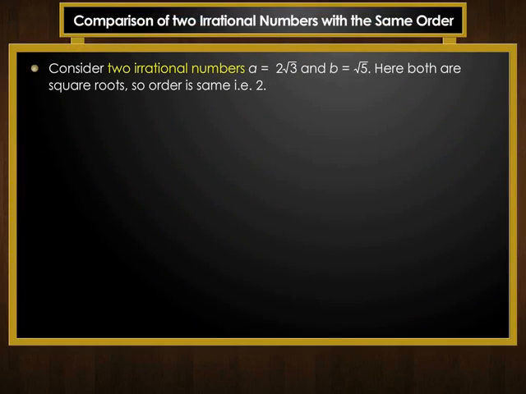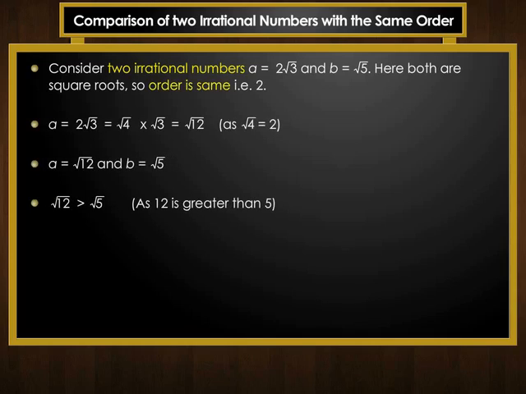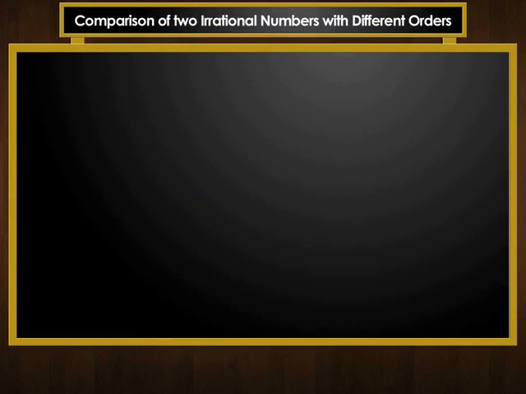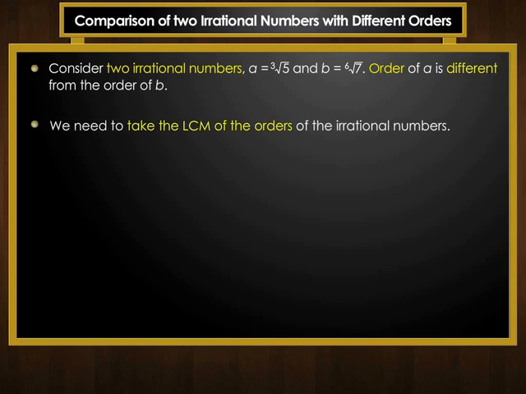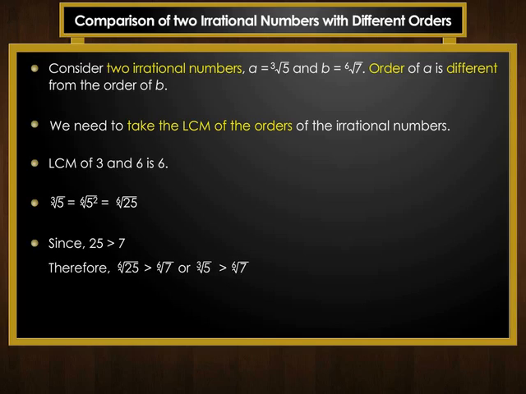You can also compare two irrational numbers. If A and B are irrational numbers of the same order, say n, then, therefore, as 12 is greater than 5, therefore. Now let's see what we can do if the order of the irrational numbers is different. If order of given irrational numbers is different, we need to take LCM of the orders. Now, since, therefore,